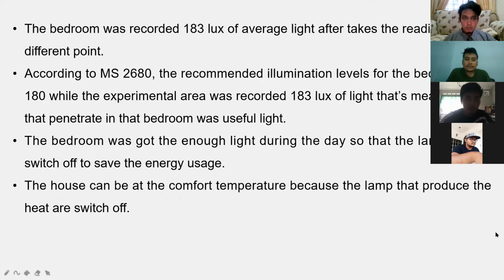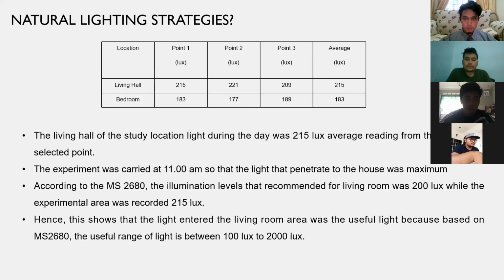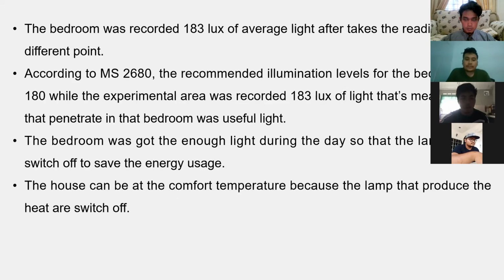Light entering the living room is useful because based on MS2680, the useful range of light is between 100 lux and 2000 lux, which means below 100 lux, it is not useful light, while above 2000 lux, it can disturb the comfort of the people in that space. So we are going to the next slide to show the natural lighting strategies at the